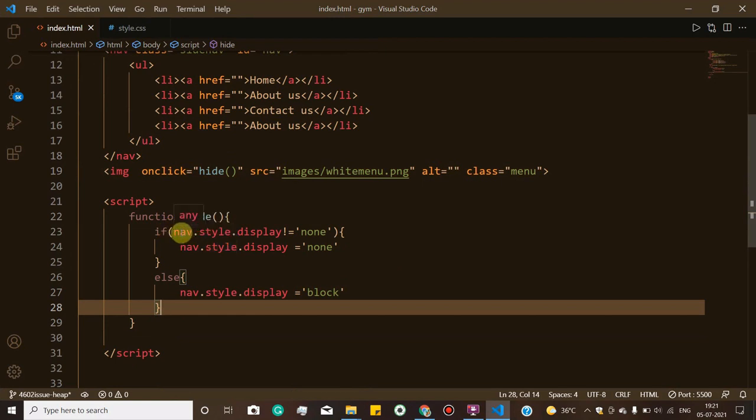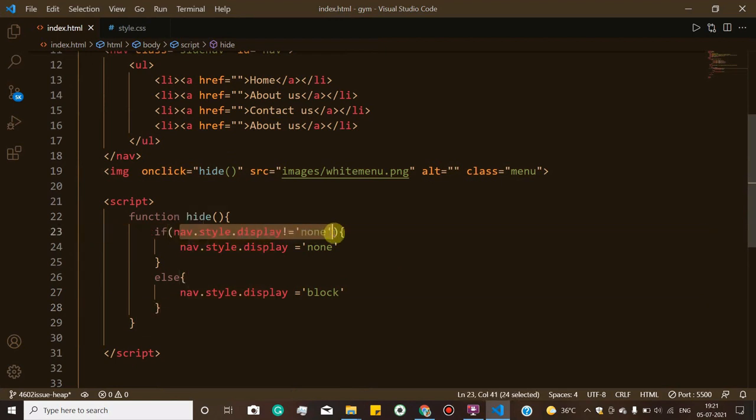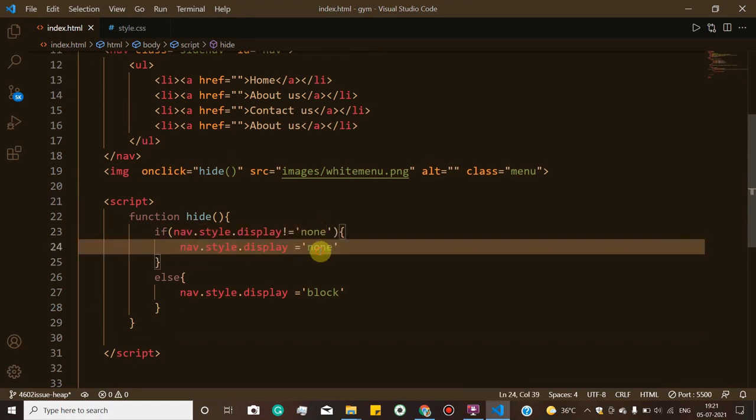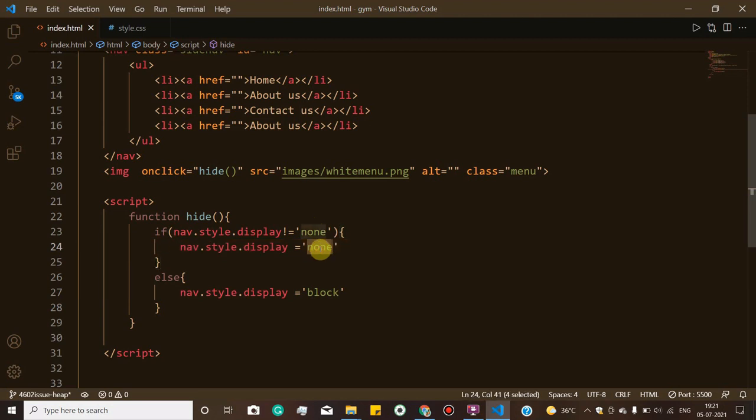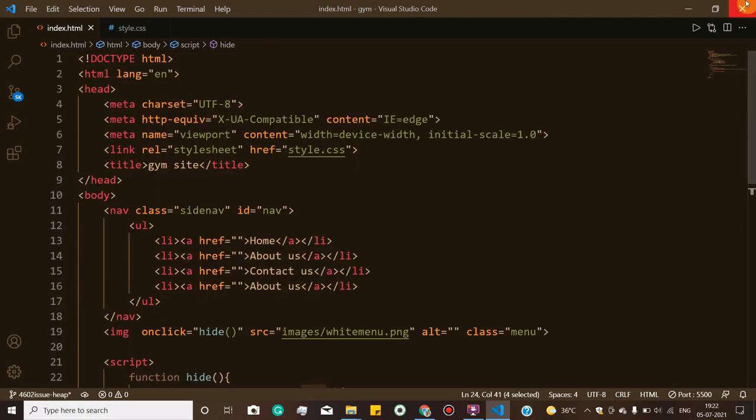That means that if your navigation bar is not hidden, this line means make it hidden. Over here, none means hide. So display equals none means hide, and display equals block means unhide. In the else, it's saying that if it is hidden, then you have to make it unhidden. So you just have to keep in mind that none means hide and block means unhide. Okay, with that,